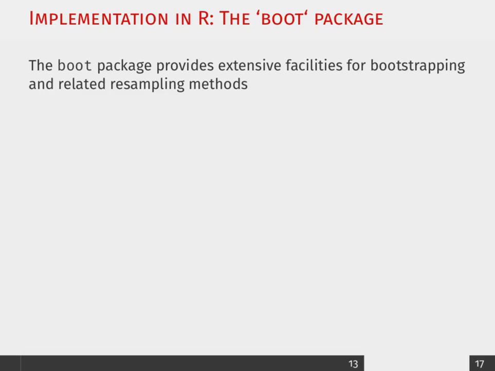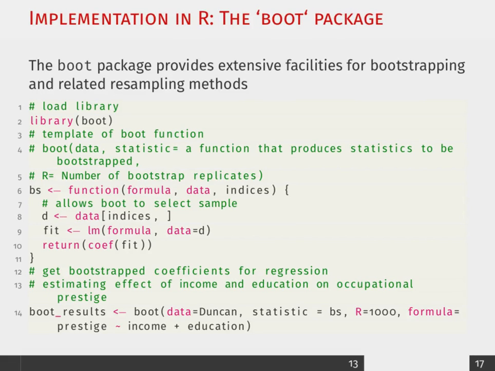Now, when we're implementing bootstrapping for estimated coefficients from regressions, we have a package called boot in R, and it's really nice and simple to integrate that in with the regressions that we're already estimating. So here you can see I'm loading the library called boot. Now, I'm just making this temporary function. Essentially all this is doing is running whatever our formula is and storing the coefficients from that